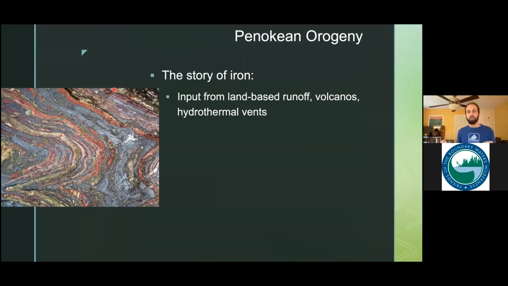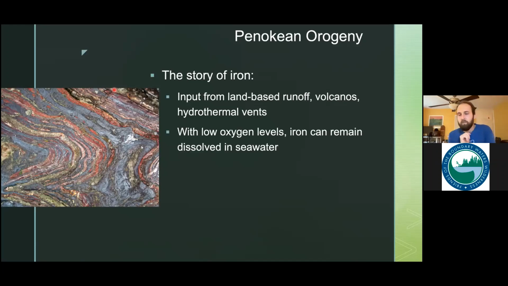In today's ocean, as soon as the iron goes into the water, it bonds on a chemical level with oxygen and basically rusts out. And so it can never accumulate in the ocean because it disappears as soon as it hits the water. But back in this time, 1.8 billion years ago, in this little ocean between the Marshfield terrain and the Superior Craton,